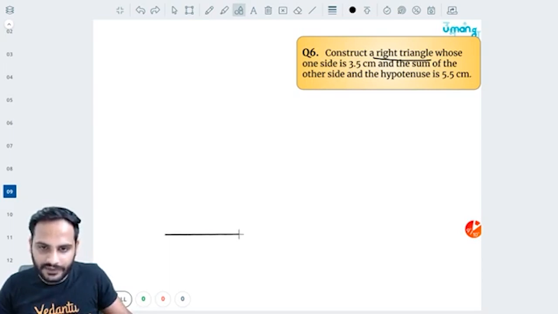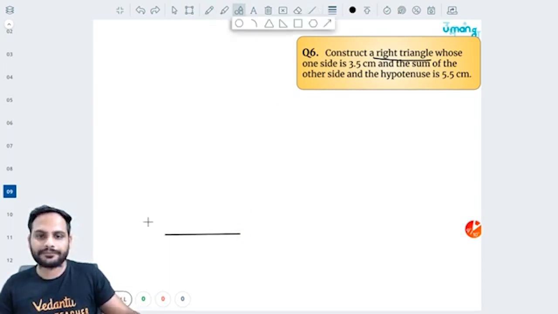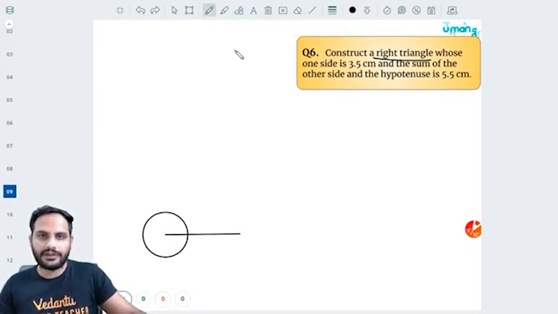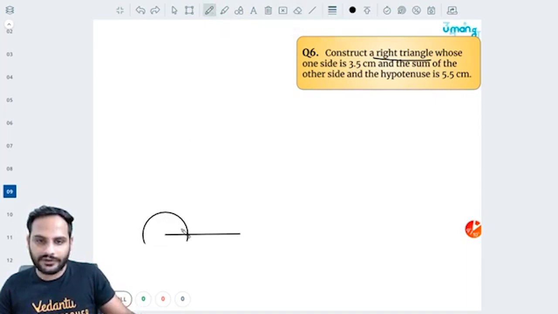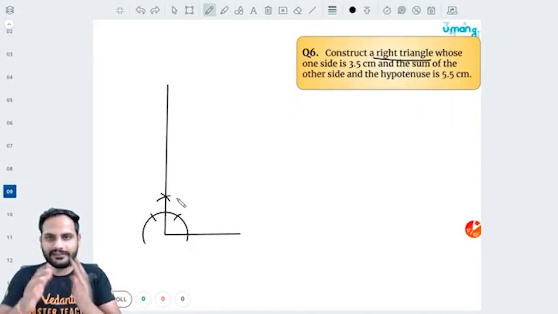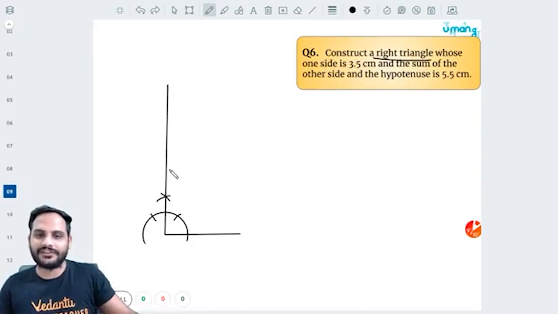So let us say I have drawn this base of 3.5 centimeter. At this base, draw one angle of 90 degree. Okay, sir, let us draw that angle of 90 degree. So I can say, sir, this point over here, first cut gives me 60. Second cut gives me 120 and this will give me 90. Okay, all of you know how to draw 90 degree angle. Correct? So this is rough diagram. So this looks like 90. Okay, don't mind my drawing. This is rough diagram. I'm doing all with my estimation. Okay, chalo. So this is your 90 degree.